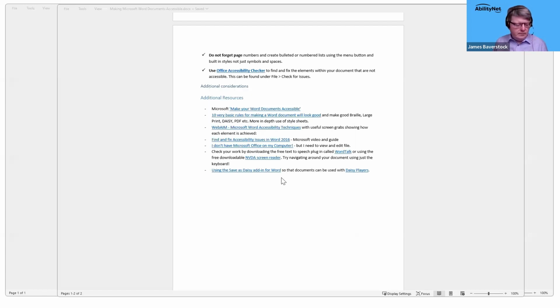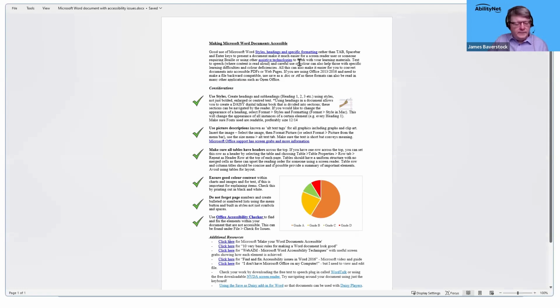And swap to the other document. If I bring up the elements list again here,